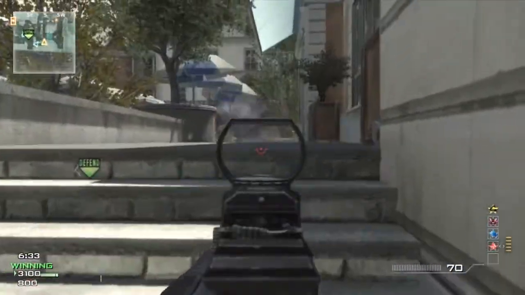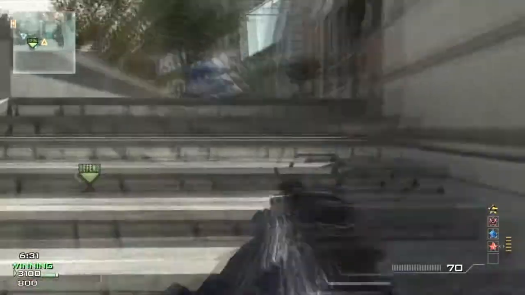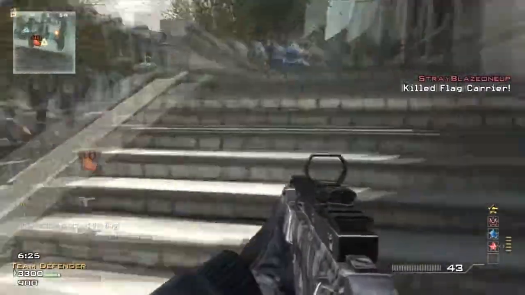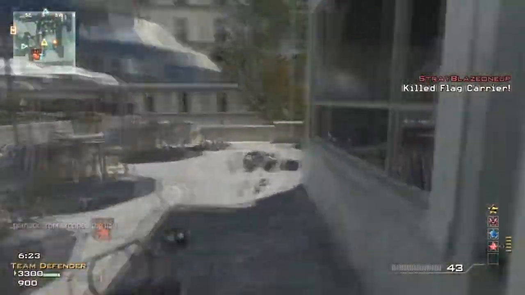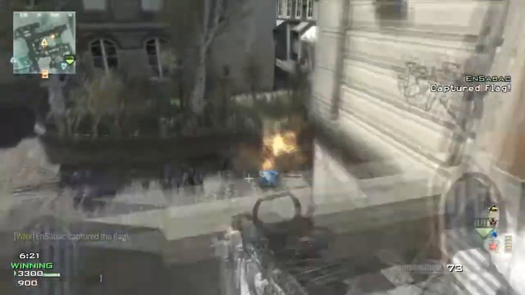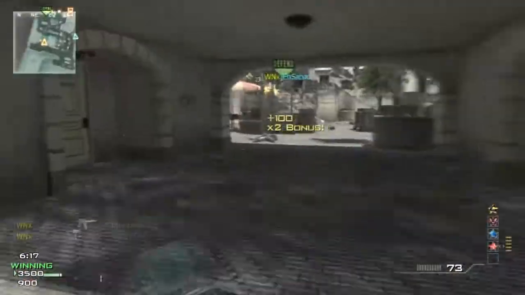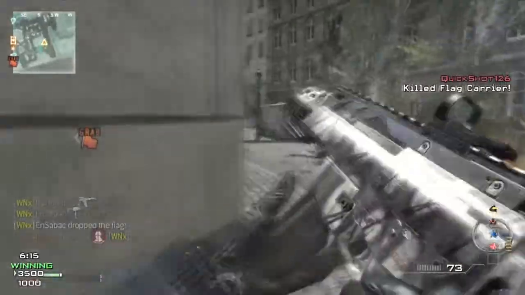What I did is I tried to figure out how the spawn system works, and basically what I found is if you can get the flag and pull it back to the umbrella area where it looks like a part of the wall has been destroyed and the rubble's falling down to a fiery little path, if you can get your teammate to post up on that area, it's going to help you a lot, because the spawn system, it'll